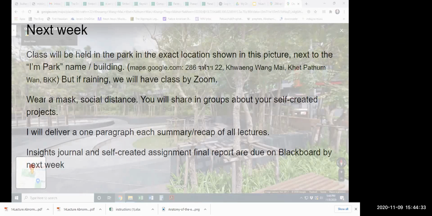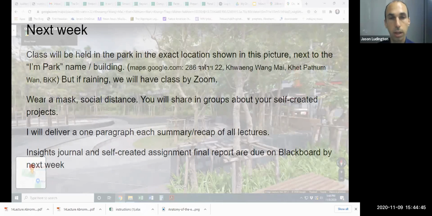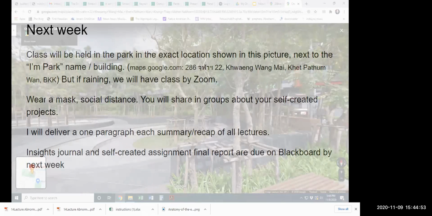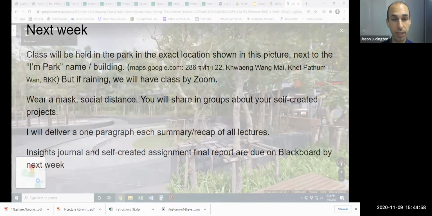For the submission for your self-assignment, do we have to, are there any requirements for the doc itself? Like, is there a limit on pages? Should we show evidence of what we did? Thank you. I like graphs. I like tables, diagrams, maybe pictures if it's relevant. But mostly I'm looking for words.